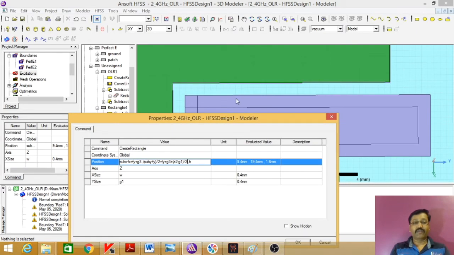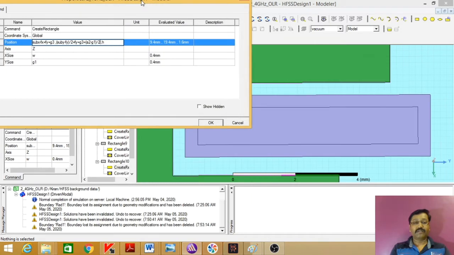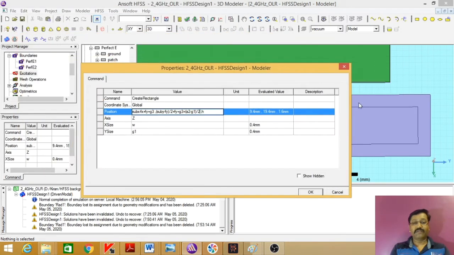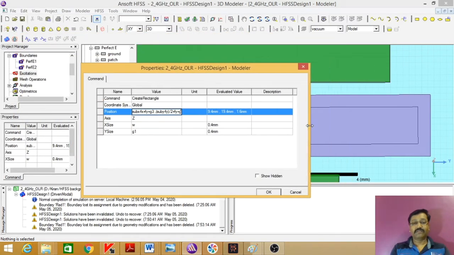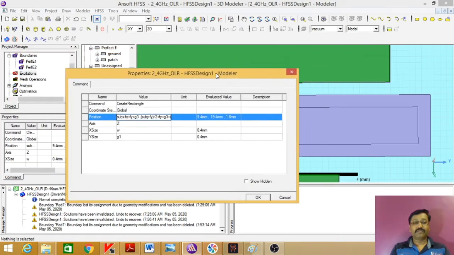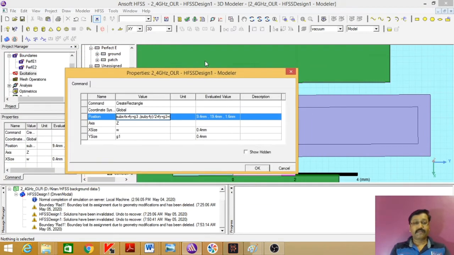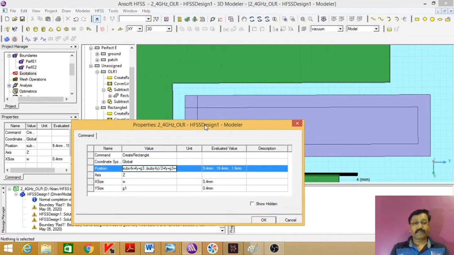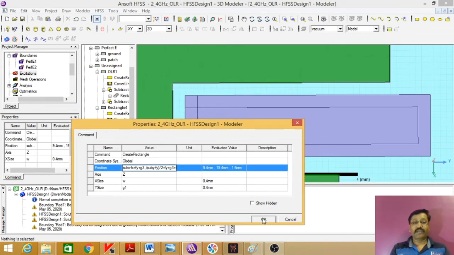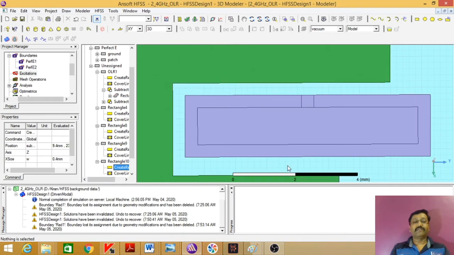If I click on OK, how I can show you, I'll just reduce the size. See, if I click on OK, it will align at the center, right?